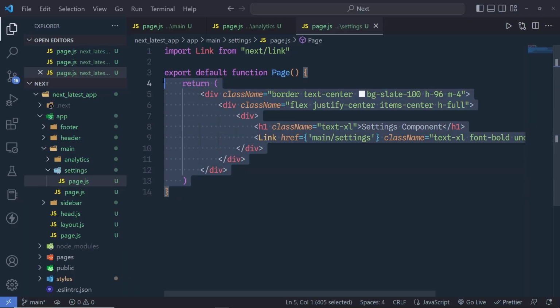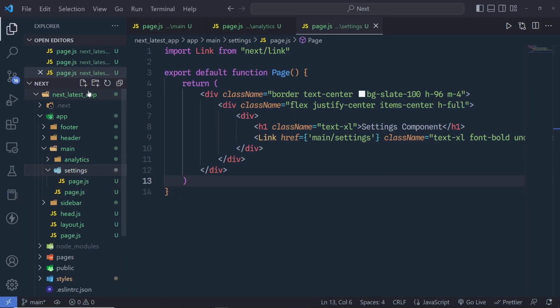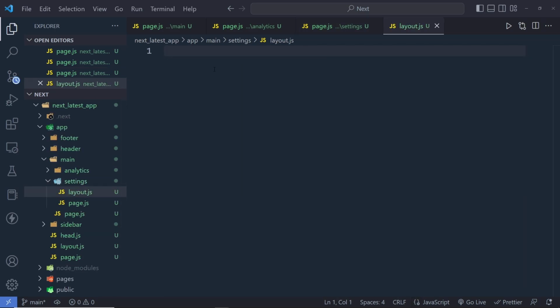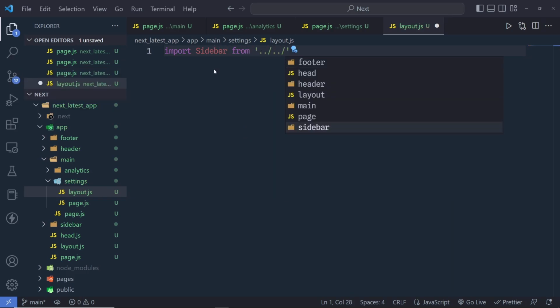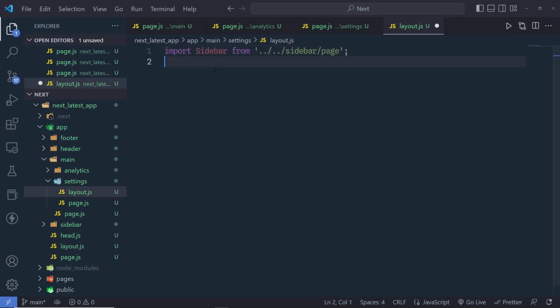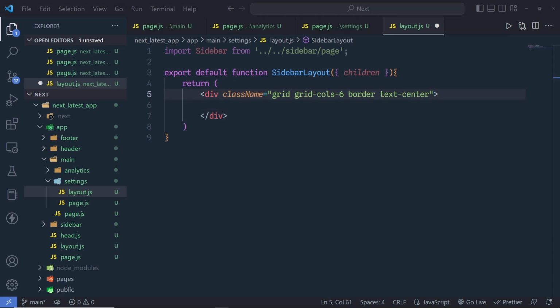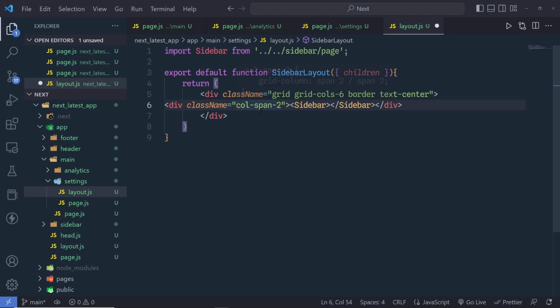So instead of adding the sidebar inside this page, you can create a layout file. So here you can create layout.js, and inside this file, you import sidebar from the sidebar page, and say export default function SidebarLayout with children, something like this. Then from here you can simply return a division tag, and with this div you can return some Tailwind classes. So if I return some Tailwind classes right from here and create another div with the sidebar, something like this,